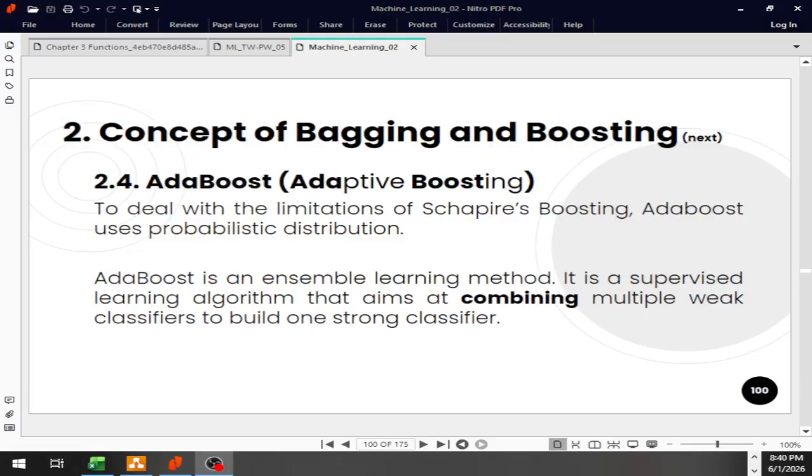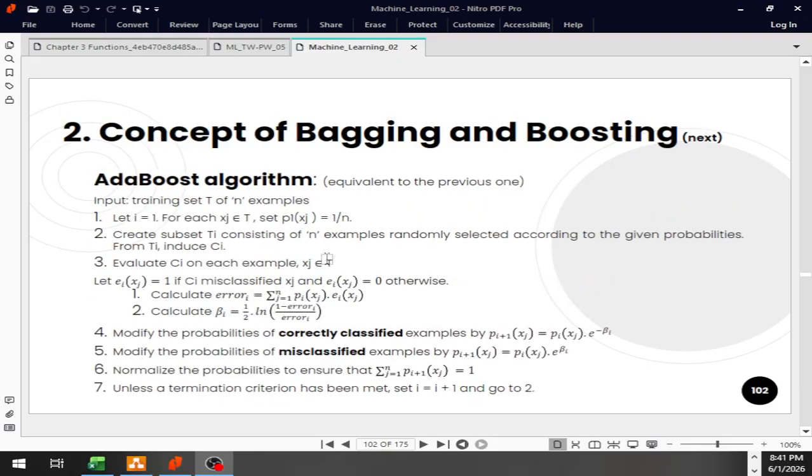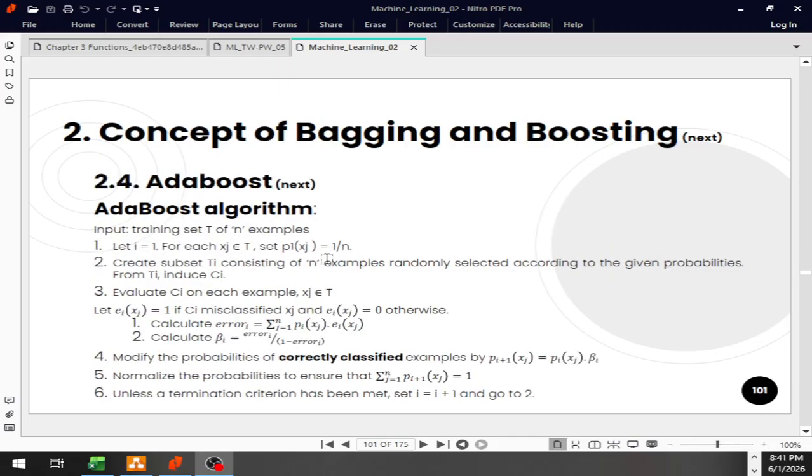We are here at Advanced Supervised Learning, and more specifically, it's boosting, and we are going to shed some light on Adaboost and XGBoost. Start with Adaboost, adaptive boosting. Well, as it says here, Adaboost uses probabilistic distribution. For now, it can be something weird, but if you went through what it says here,